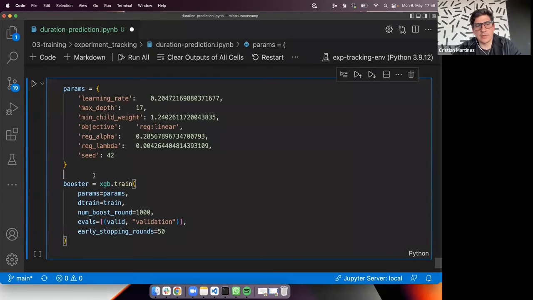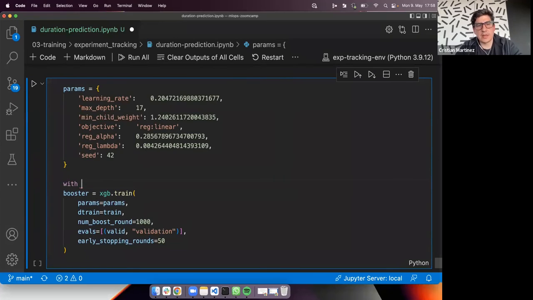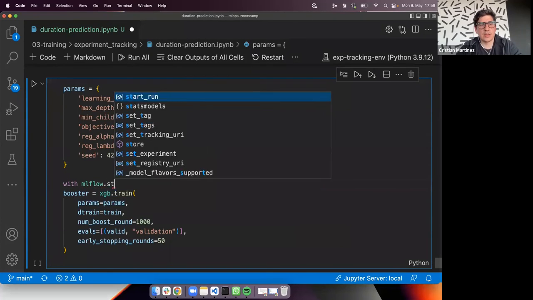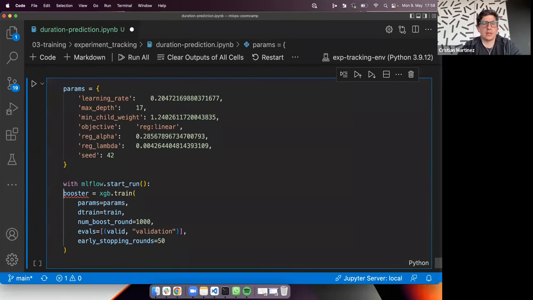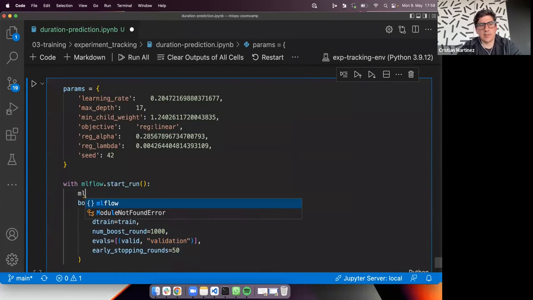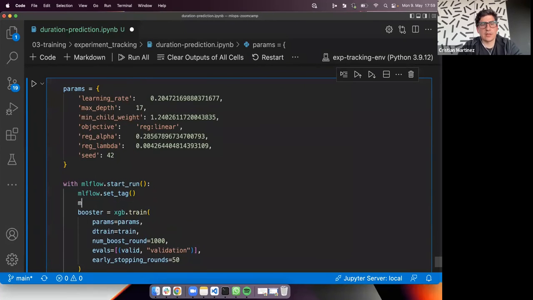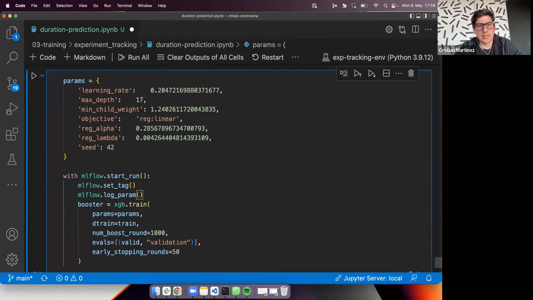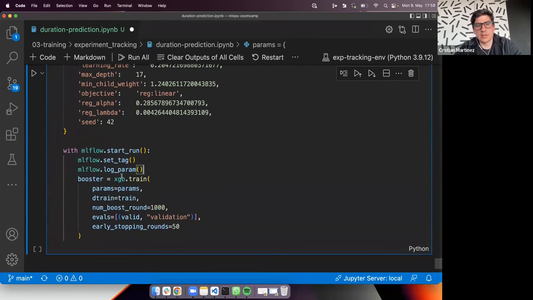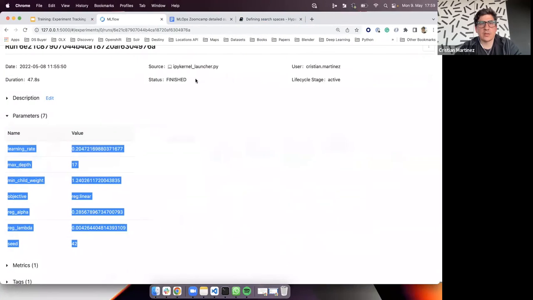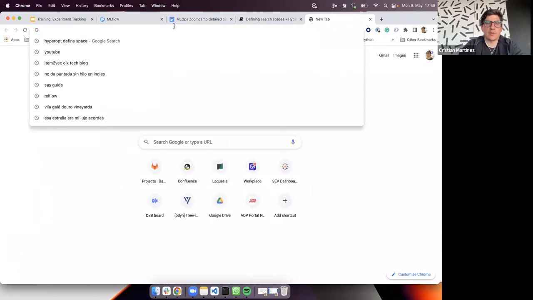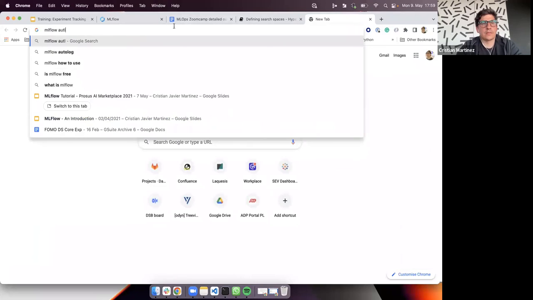So one way would be to just add here, right? The with statement and start the run, mlflow.start_run. And then here I will need to add some tags, like mlflow.set_tag, and so on, right? Like then the parameters, so log_params, and so on. But there is another way of doing this, and it works only with certain frameworks that you can explore actually here. If you go to mlflow.autolog,